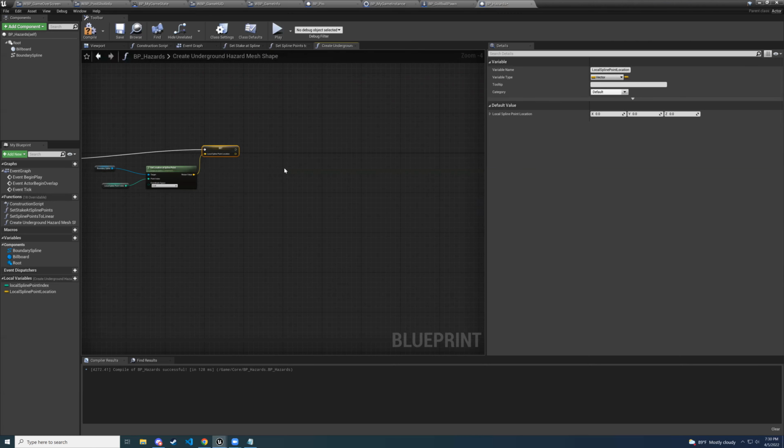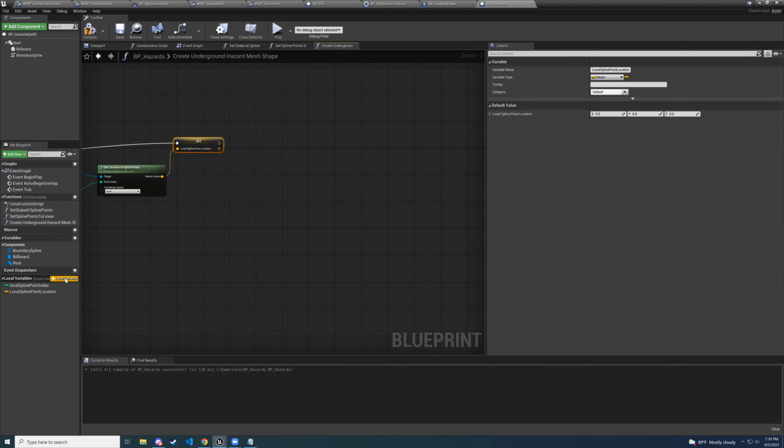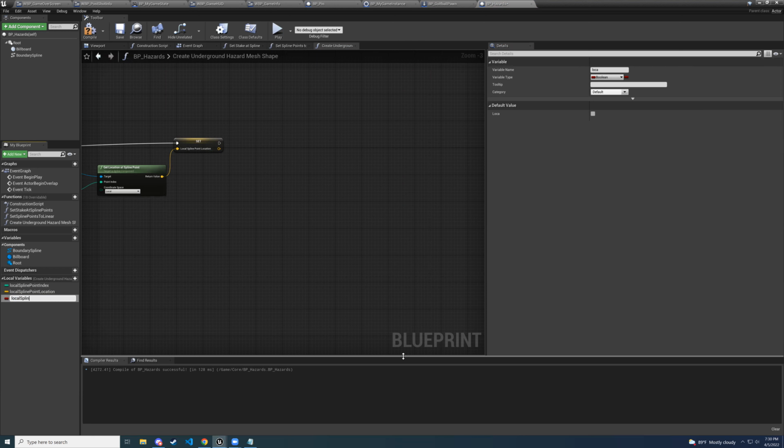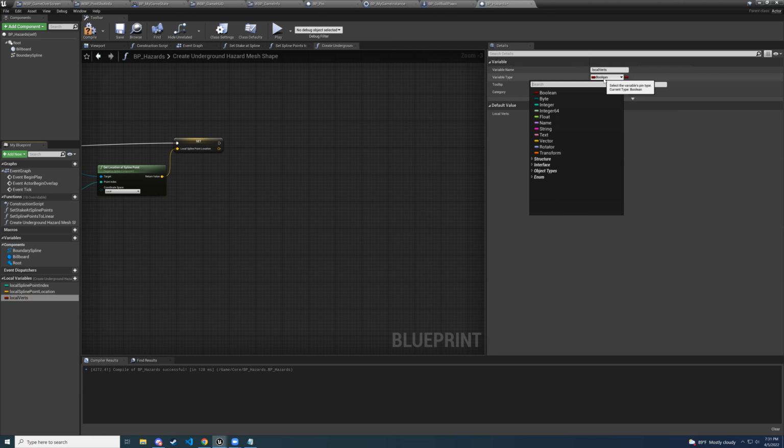And then we're going to create another local variable. This is going to be local. Ooh, I capitalized this L here. Let's fix that. Local. Okay, cool. Oh, sorry. Actually, it's going to be local verts. Local verts for our mesh to create, and local verts is going to be a vector